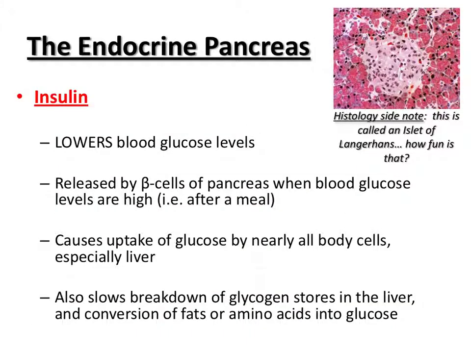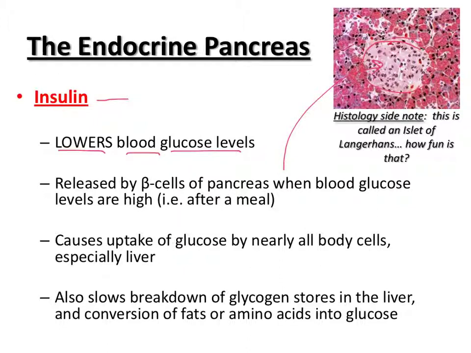The first hormone that we want to look at then is called insulin, and I'm sure you've heard of that one before, and we've mentioned it in class. Insulin's job is to lower blood glucose levels, so it's going to lower the amount of sugar that's dissolved in your blood. The way that it will do that is to send that glucose out of your bloodstream and pack it away in your cells instead. So we need to make the tissues absorb the glucose to lower the amount of glucose that's in your blood floating around. This is released by beta cells of the pancreas, and the beta cells are found in these little